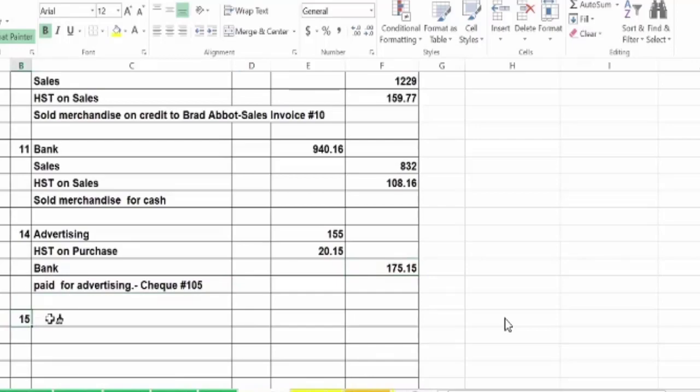October 15th, paid salaries, bookkeeper 650, sales representative 700, checks number 106 and 107. A separate salary expense is required for each employee. Record this as a compound entry. So we'll do two salaries expense debit accounts, and the credit will be one bank account. So it will be 650, then 700, and then the total will be 1350, and then you'll make a note saying that 106 is to the bookkeeper and 107 is to the sales rep.